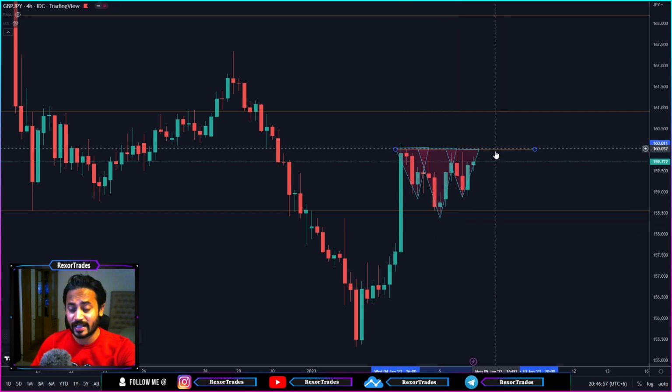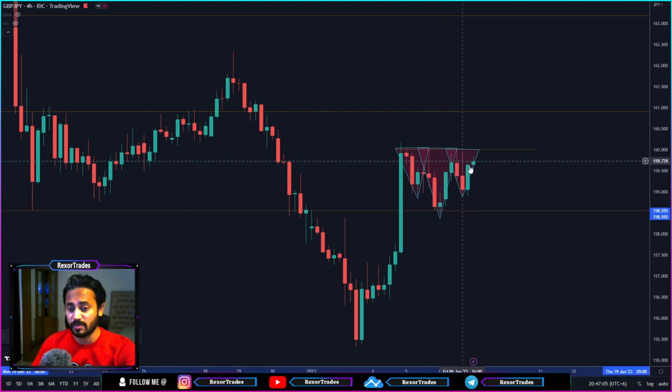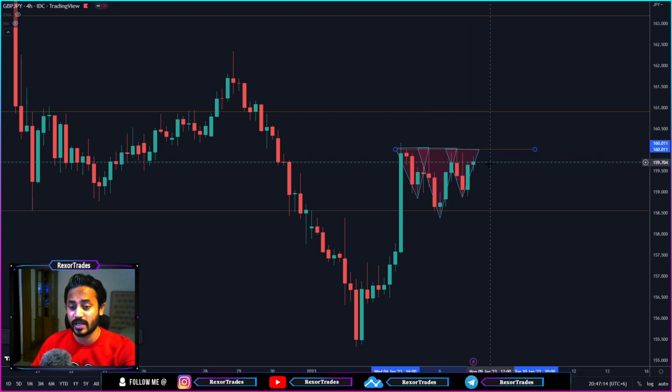This is our neckline of this head and shoulder pattern, and at the top of the head and shoulder pattern is our support on GBPJPY over here. So that's a beautifully formed inverted head and shoulder pattern over here. Now, on the upcoming week, if GBPJPY makes a breakout of this inverted head and shoulder pattern's neckline over here with further bullish momentum, then it might come all the way up to make a retest on this key level